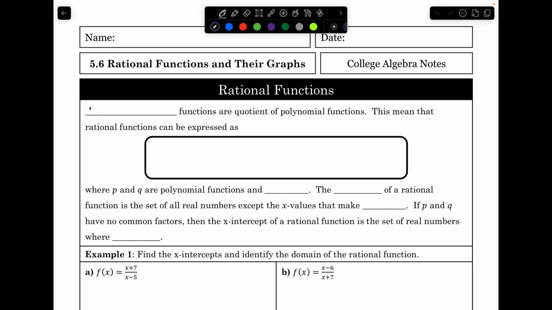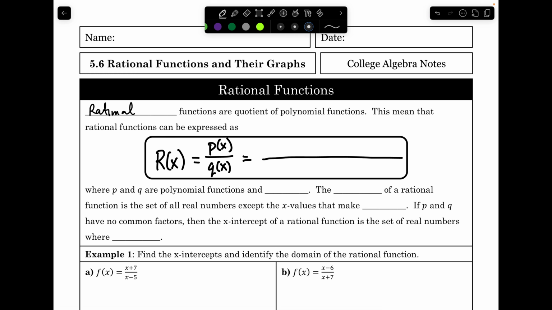Now, we have here that a rational function, by definition, is a function that is the quotient of two polynomial functions, which means that we'll use r for rational. R of x is equal to this polynomial function p divided by this polynomial function q. So in the numerator, we have this polynomial of a